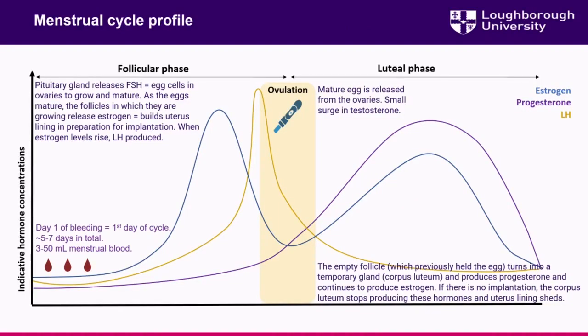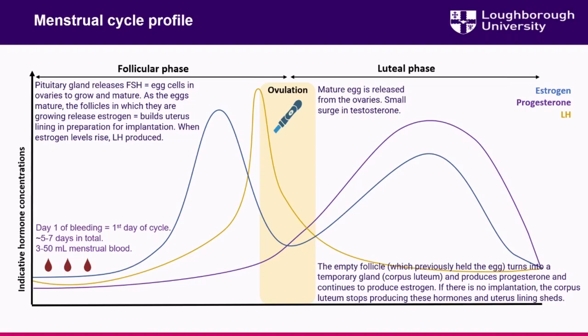So this, I'm sure, is something that you're all quite familiar with in terms of the hormonal fluctuations that you see across the menstrual cycle. This is just a quick overview of what happens. The blue line on here is estrogen, the purple line is progesterone, and the orange is your luteinizing hormone. What we say at the beginning of the menstrual cycle, or day 1, is considered to be day 1 of bleeding, the start of the participant's period, or start of menses.